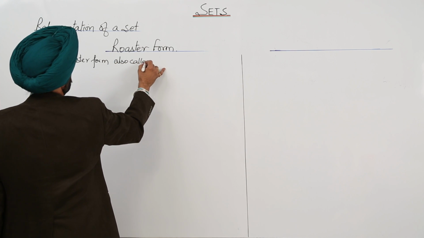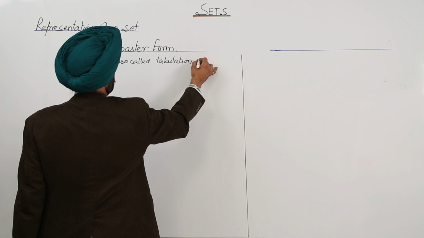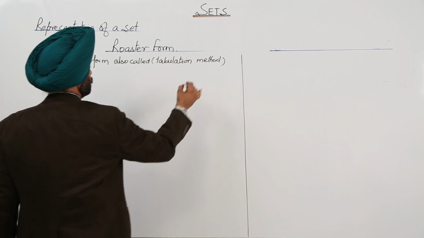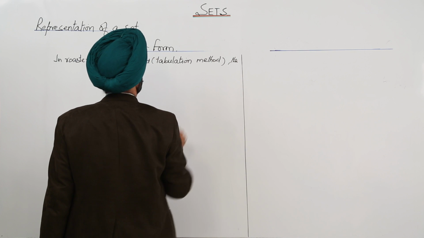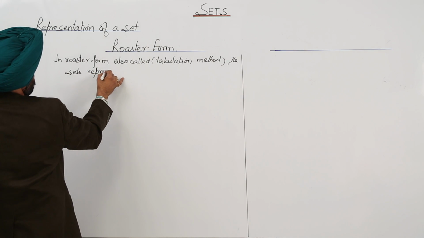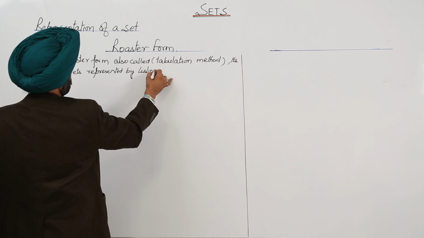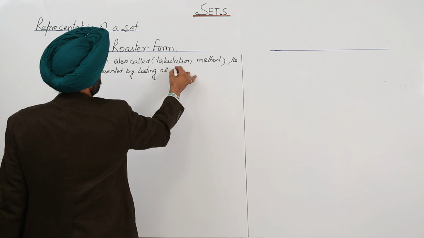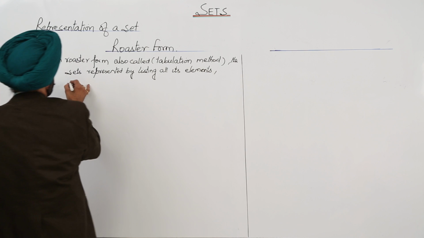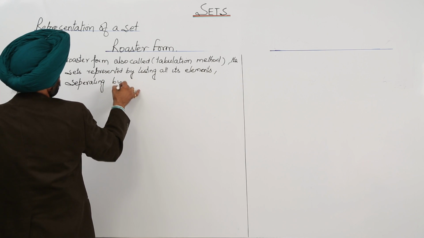also called tabulation method, the set is represented by listing all its elements, number one, separating all the elements by commas